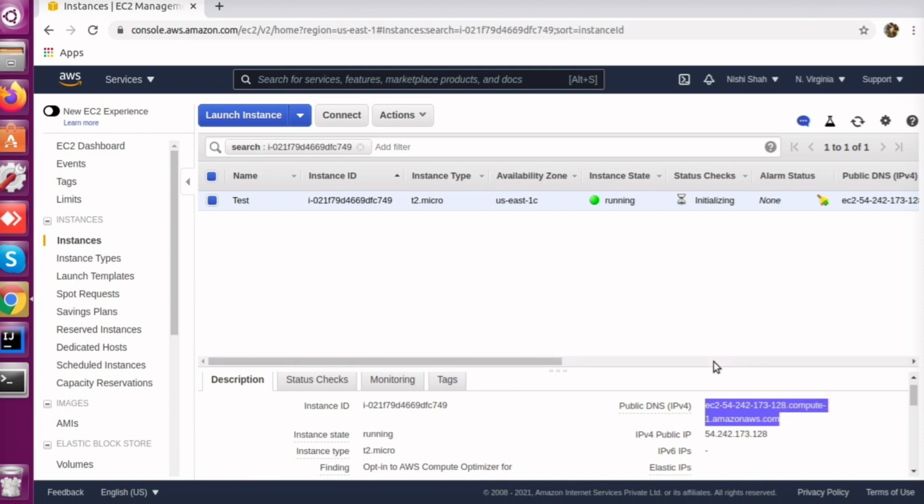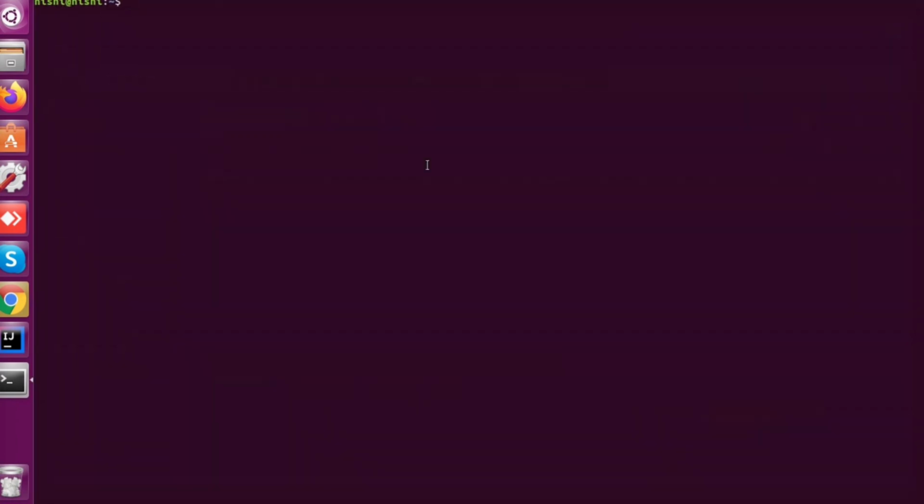But since I am using Ubuntu, I will connect it through my terminal. For connecting through your terminal to your EC2 instance, this command you need to use: ssh -i.